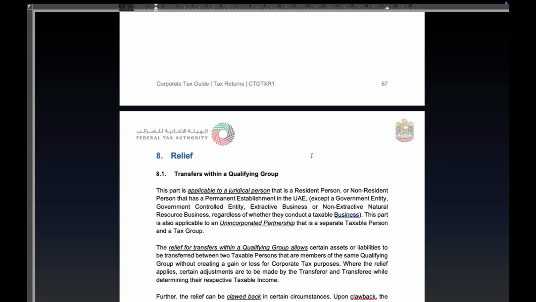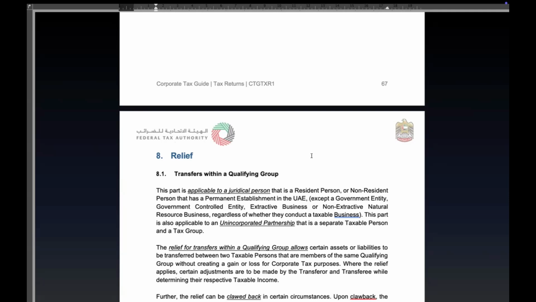What about interest costs from overseas head office charged to the branch in UAE? If you have taken a loan from your corporate office which is out of the UAE, and on that loan the corporate office is charging the interest on arm's length principles, this interest will become your cost. And then you need to look, are you a bank? Are you an insurance company? If you're not a bank, not an insurance company, not a natural person, other than these three, then interest limitation rules will be applicable unless you have taken the loan after